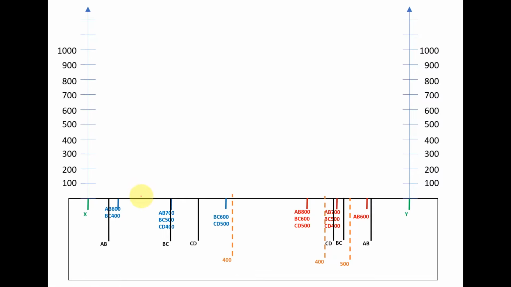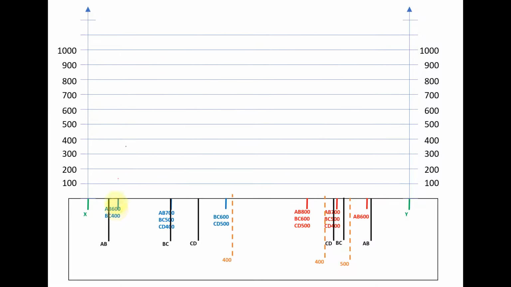So first you have to draw these vertical scales, and the scale that we choose for the vertical is equal to your contour interval, which is 100 meters. Since in the map it is given that the contour interval is 100 meters, the scale also you choose as 100 meters only. Then the vertical lines need to be drawn in this map.